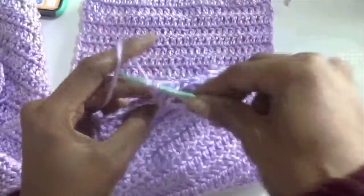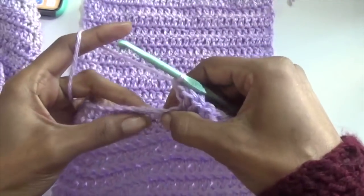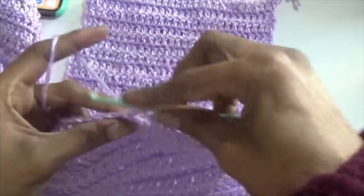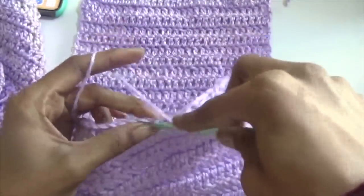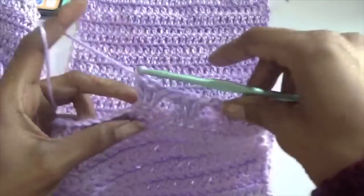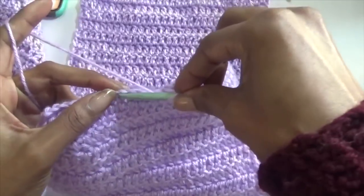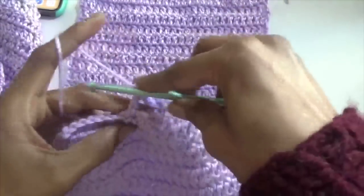I was going to do it at the bottom of the top pieces, the 2 fronts and the back, but I ran out of yarn because I only used 2 Caron Simply Soft skeins. So anyway, you skip 3 stitches, add your cluster,